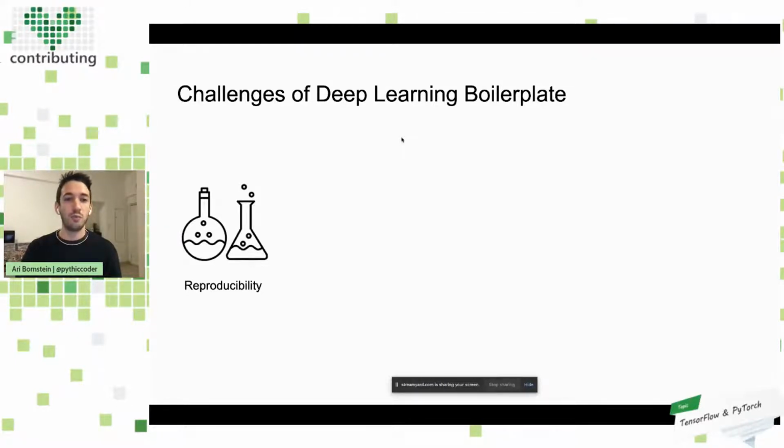The first challenge is reproducibility. If I have a lot of dependencies and a lot of this code and everybody's implementing it differently, it's very hard for me to just take your code and run it and understand how it works. Often, when we talk about model hubs or model libraries, one of the challenges is that we think of models just as a computational graph of operations inside of a deep learning framework.